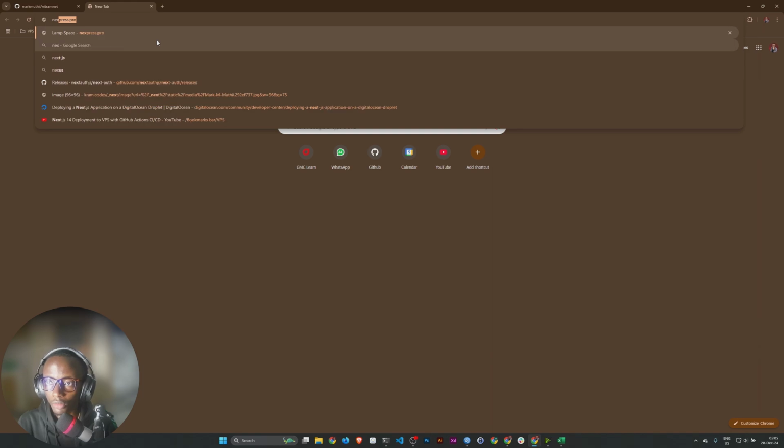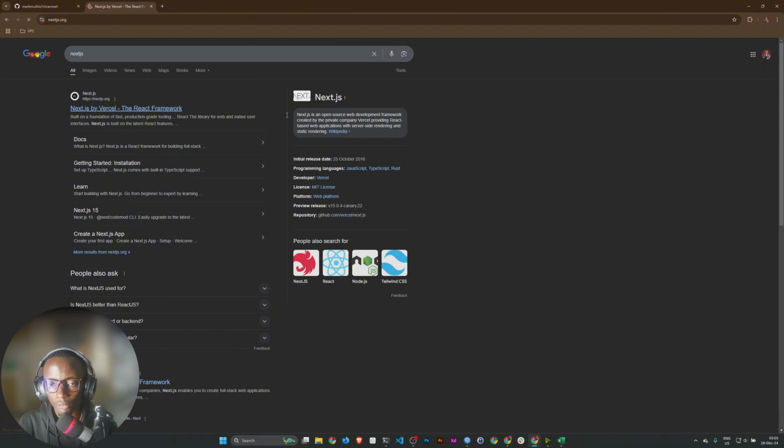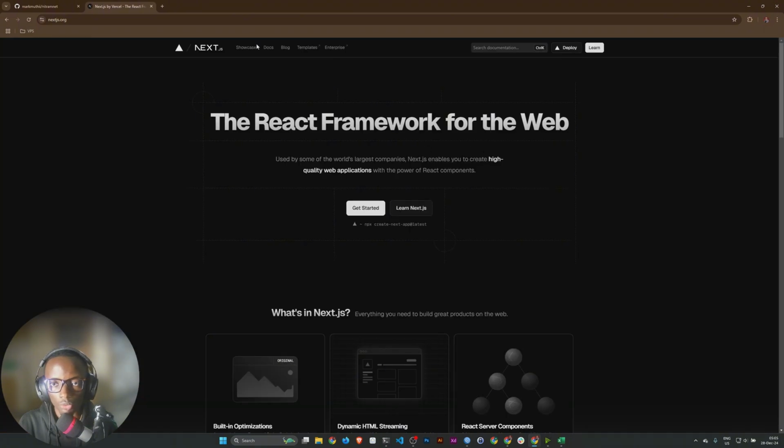So whenever you're starting, if you're new and you're not yet familiar with the foundational processes of a certain framework, just go to the official documentation. Like here, you can see that the command to set up NextJS is this.